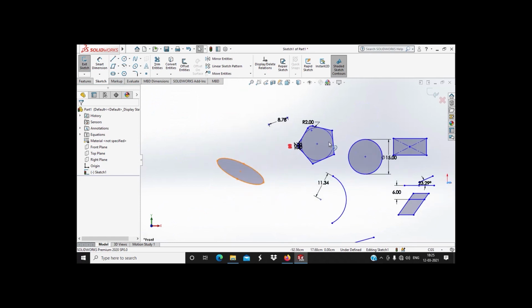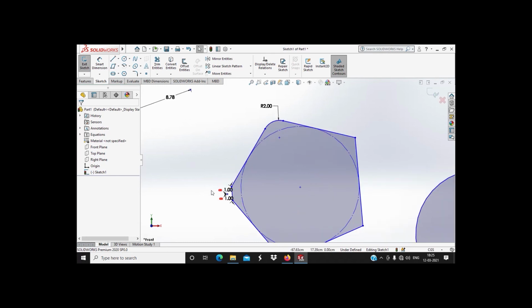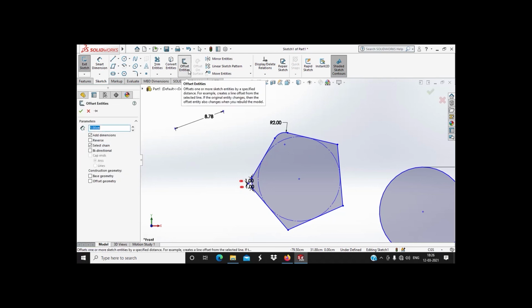Next, if we want to create an exact shape, like if I want to create a pentagon like this, with this fillet and with this chamfer, there is no need to create a pentagon again and do fillet and chamfer. We can use offset entities.